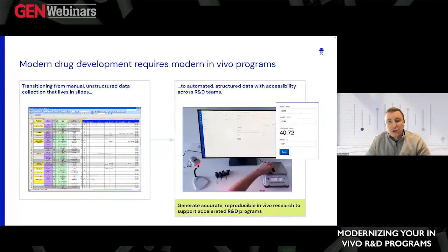And so what we've observed across our 900 plus customers in the biotechnology industry is that drug development has generally become faster, more organized, and more collaborative across most functions. In vivo research is an essential component of drug R&D and requires the same level of modernization. Otherwise, it risks becoming a bottleneck for our R&D programs. Many of the investments that biopharma companies have made into their R&D technology and software haven't yet made their way to in vivo teams. And we typically see that this is the case because in vivo studies require a great deal of functional specialization